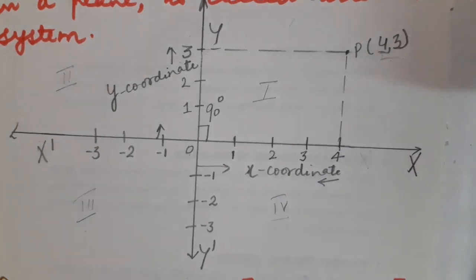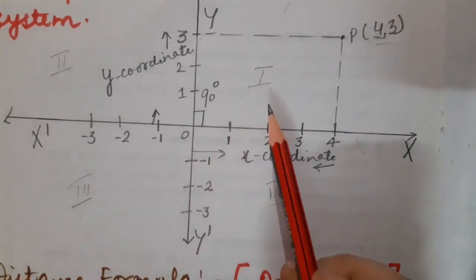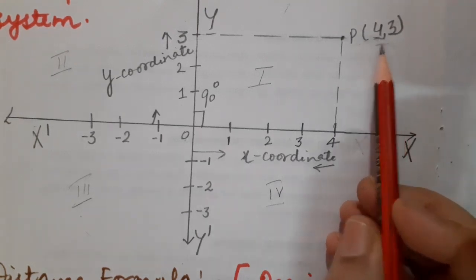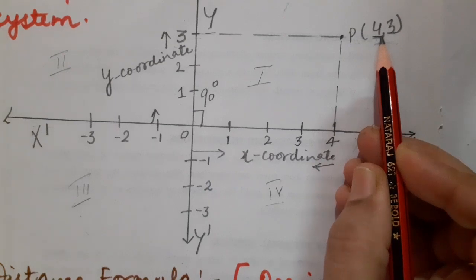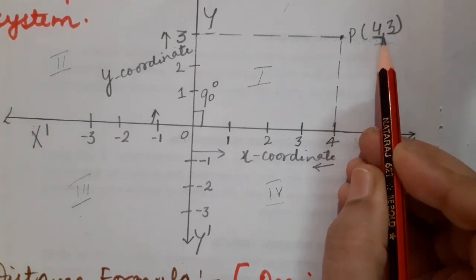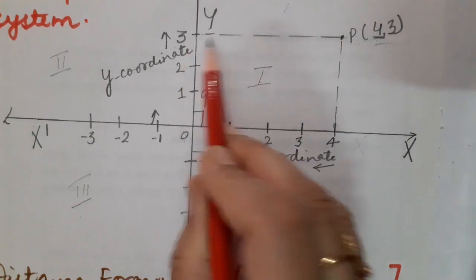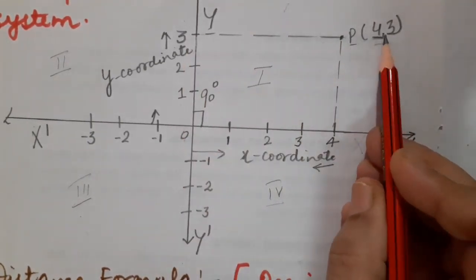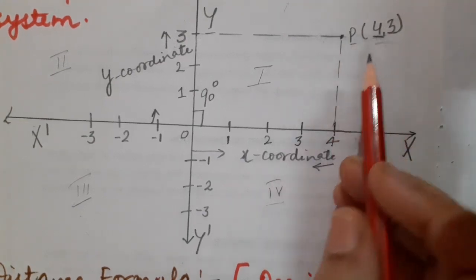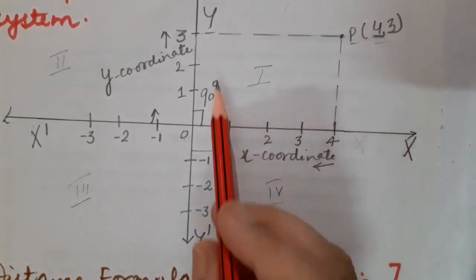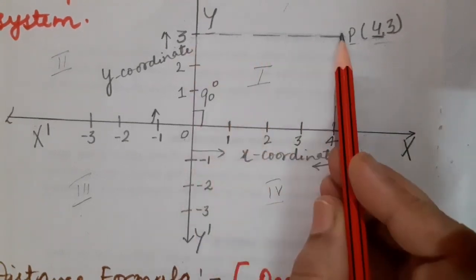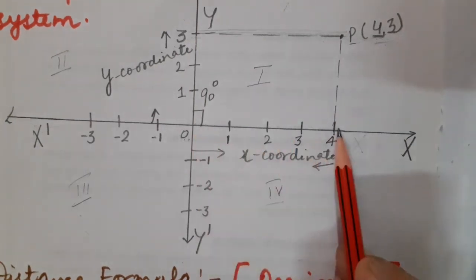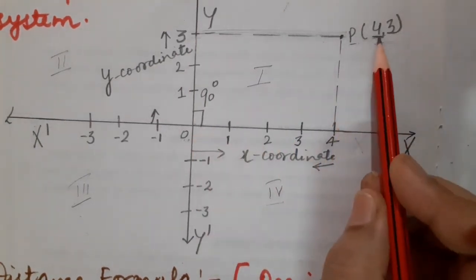Fine, students? Now, the x coordinate of a point. Here I have plotted a point P(4, 3). The x coordinate of a point is basically its perpendicular distance from the y-axis. Children, here you can see that this point P is plotted at (4, 3). So from where did I get this 4? Basically, this is nothing but the distance of point P from the y-axis, because this much distance is equal to 4. Fine, students? So this is known as the x coordinate.